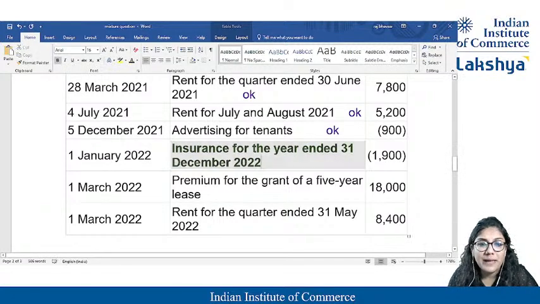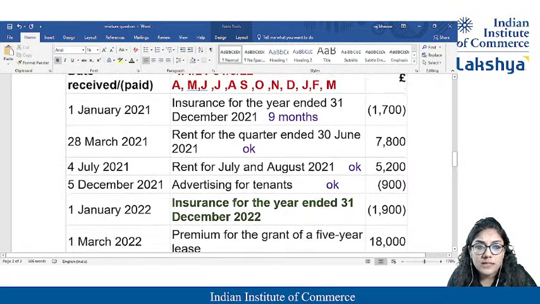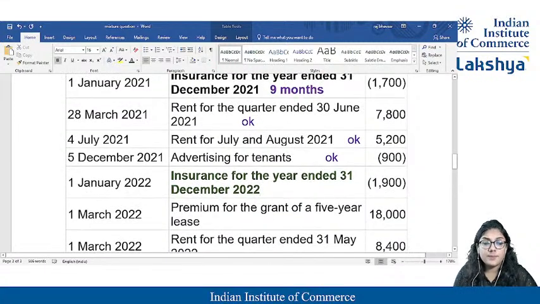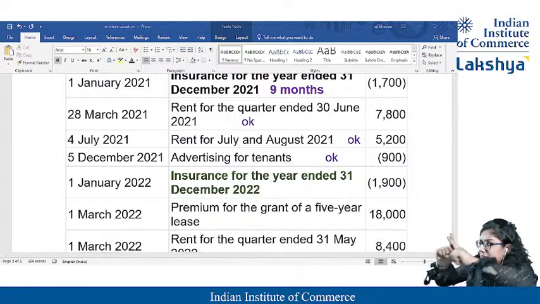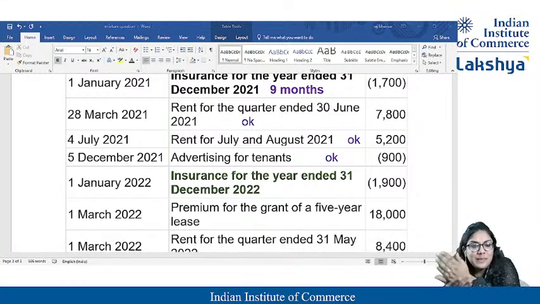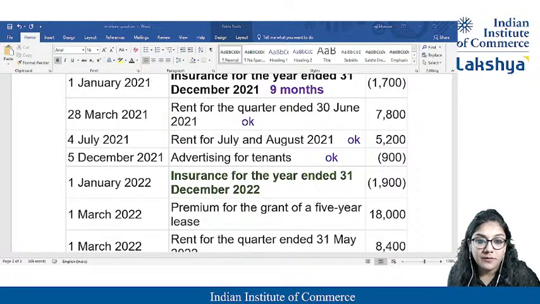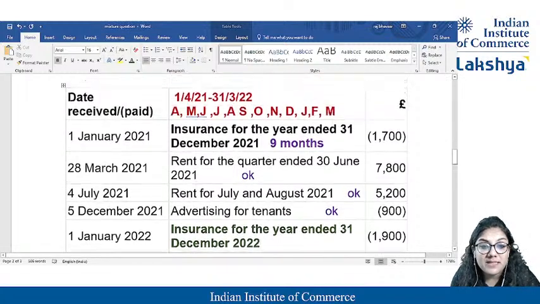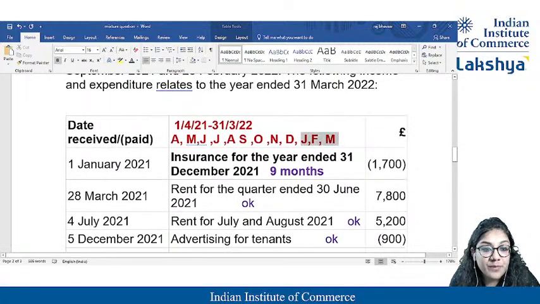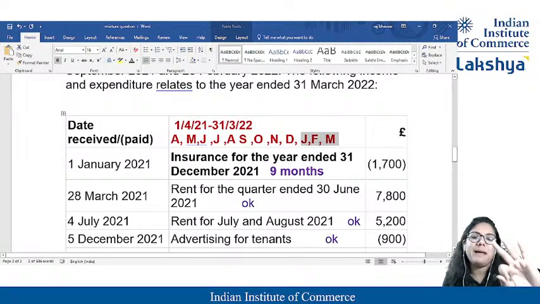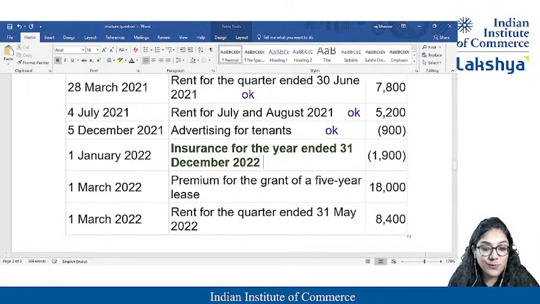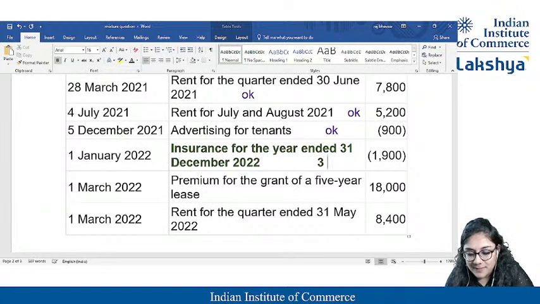I made it bold. Why? Students, over here also there was an insurance. If it is an insurance that you have paid on 1st Jan till the year end, for what period are you going to account it? Well, Jan, Feb, March, only these many months are going to be there for me. Yes ma'am, you have paid for later. No ma'am, we are concerned only for 3 months. So over here, I am concerned only for 3 months.